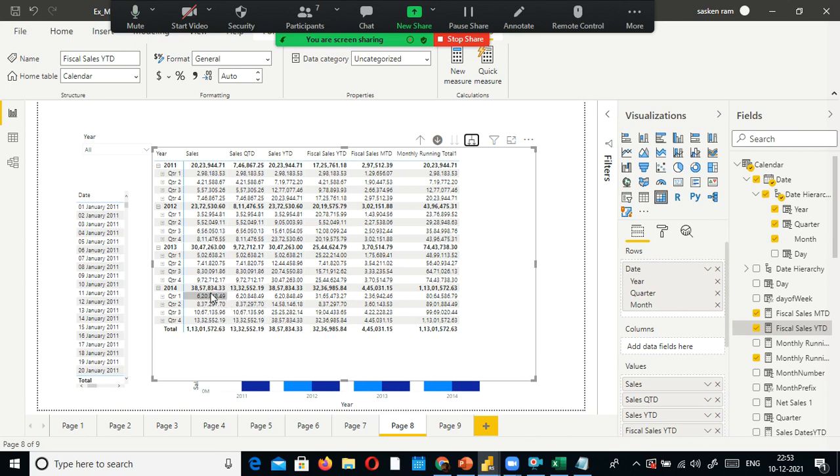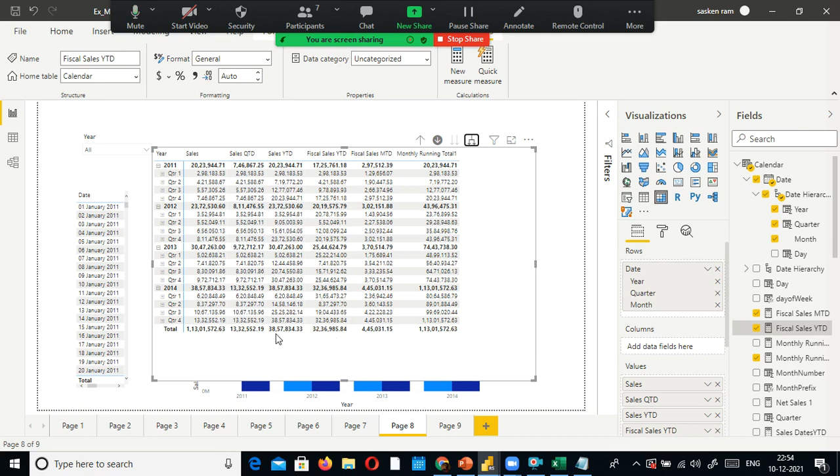If you add, see, for 2014, when does the fiscal year start? From quarter 2, right? Quarter 2, the fiscal year starts. When does the fiscal year end for 2014? Type it in the chat window. When does the fiscal year end for 2014? 2015 March. Am I correct? So the quarter 1 sale is this one, right? If you add this one to this, how much will you get? 38,000.